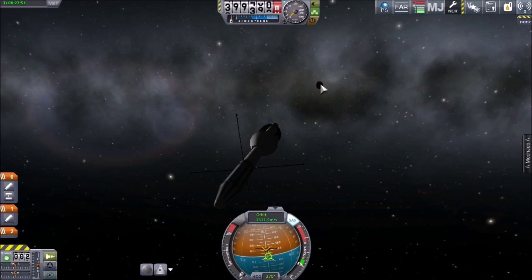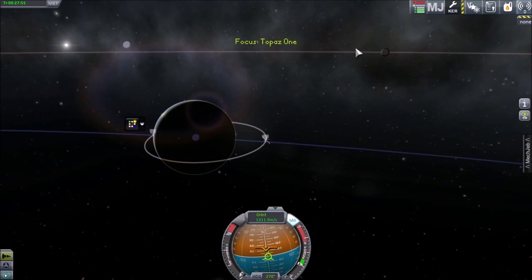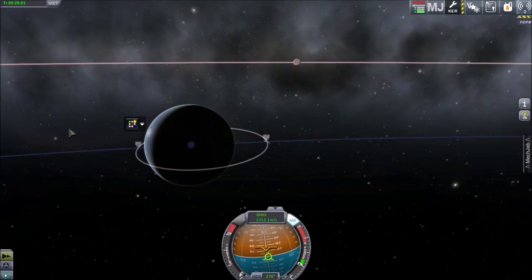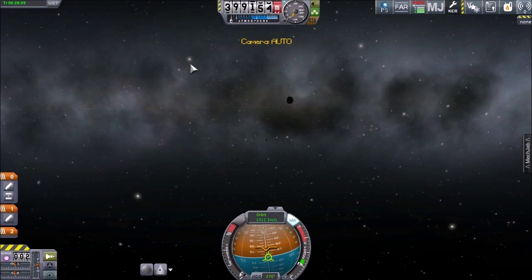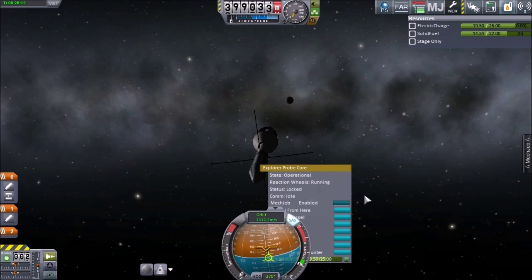Oh, wonder who that is. There's a moon over there. What are we looking at? Ah, it's Tylo. We'll be going over there eventually. Oh, look, I can see the moon and Ike. Interesting. Alright, so one thing we need to do before we leave our probe here is activate the...